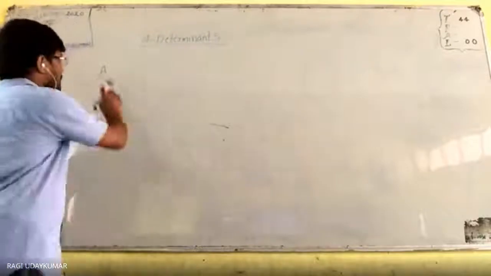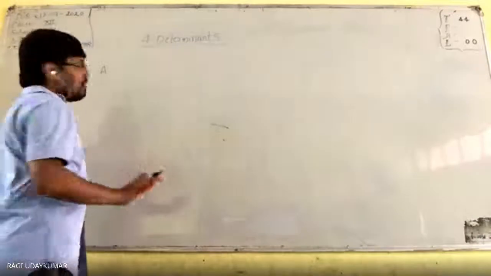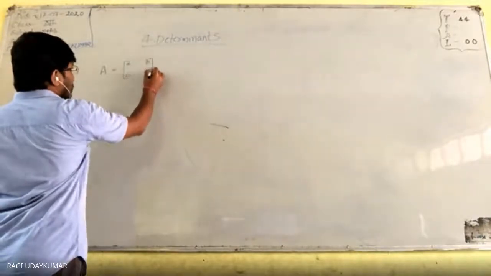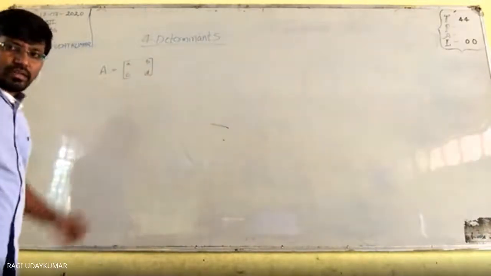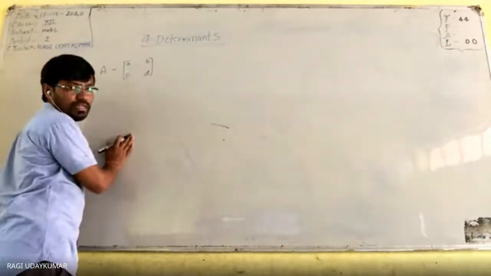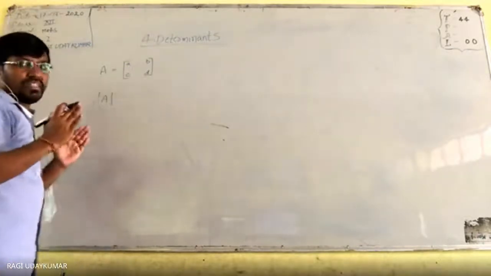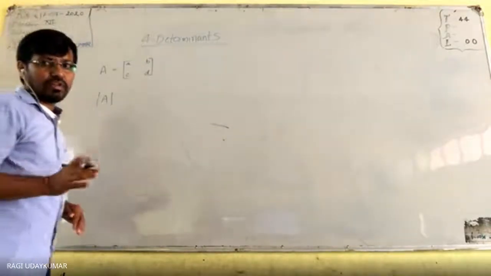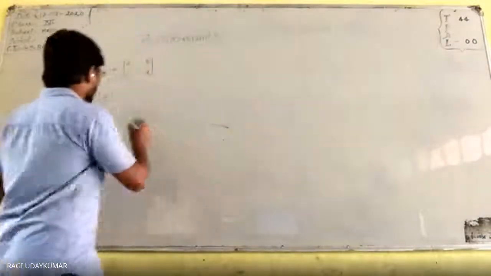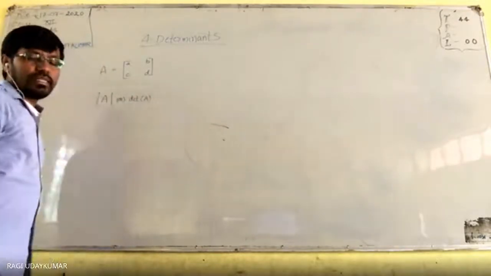And how do we write it? Let us see here. A is a square matrix. Let us consider the order of this square matrix as 2 by 2: a, b, c, d. For this matrix, the determinant is represented between 2 vertical lines, not modulus. You are not supposed to read it as modulus. You need to read it as determinant only. Or you can write det A, the determinant of the matrix A.